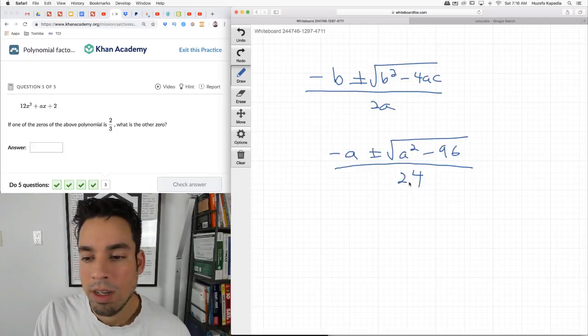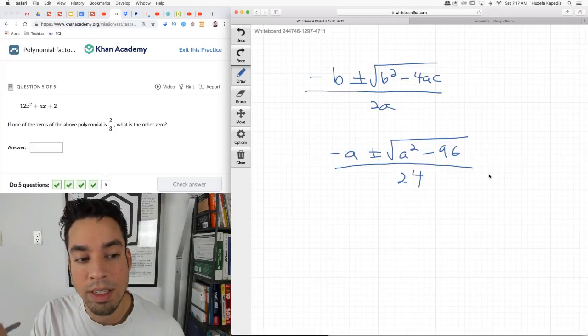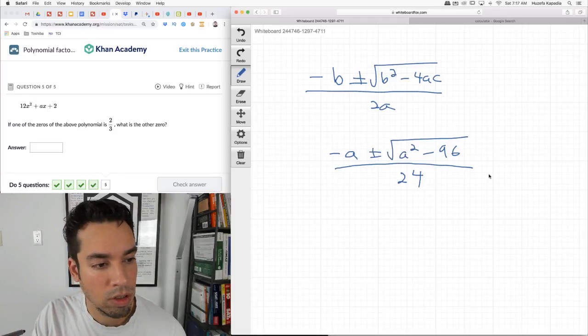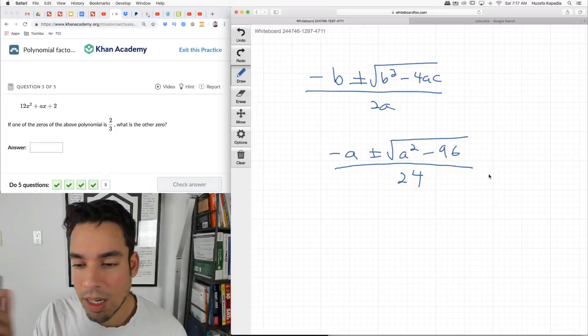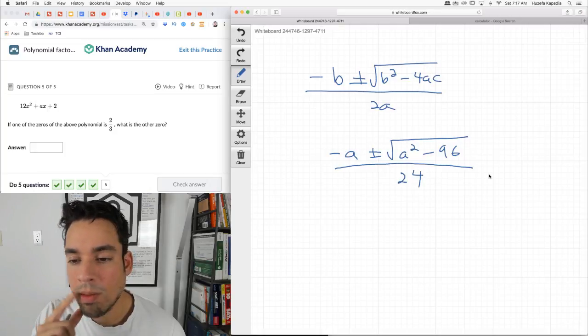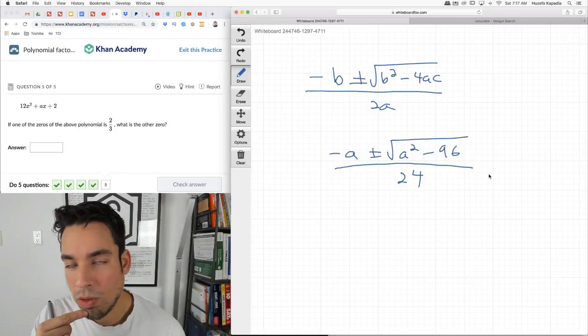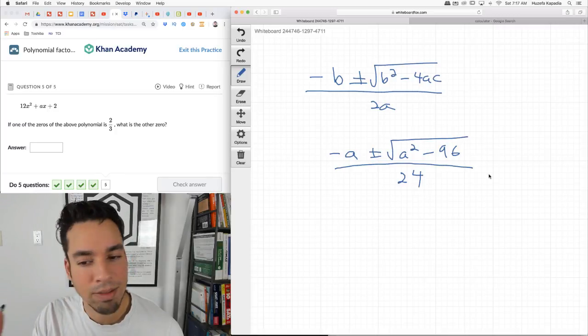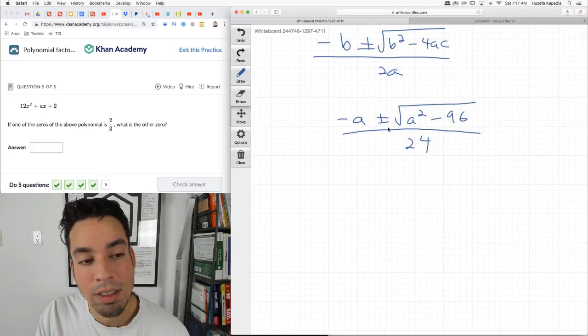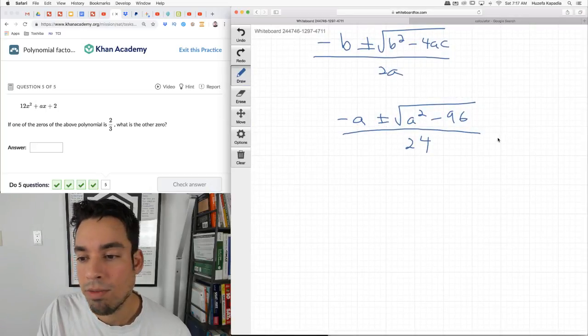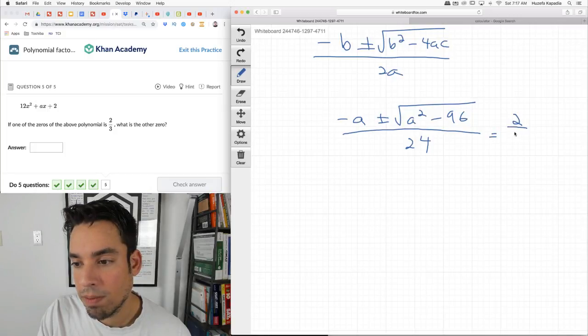All right. Now, hold on a second. So one of these is going to equal 2/3. So one zero is 2/3, and the other one is whatever. We have to figure that out. Now, the problem is, so 2/3 for this, that means the top would have to be 16. That's the interesting part, I don't know if the plus is the 16 or the minus is the 16. But anyways, look, for this to equal 2/3, all right,